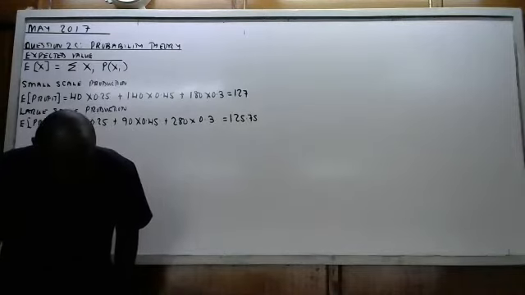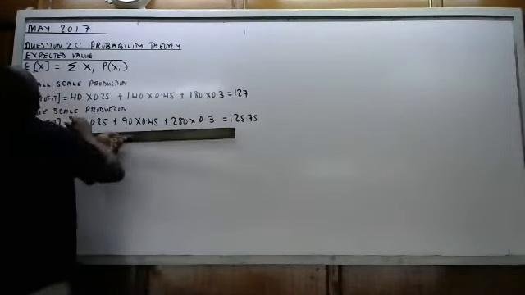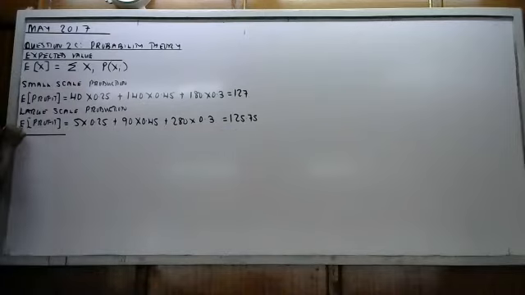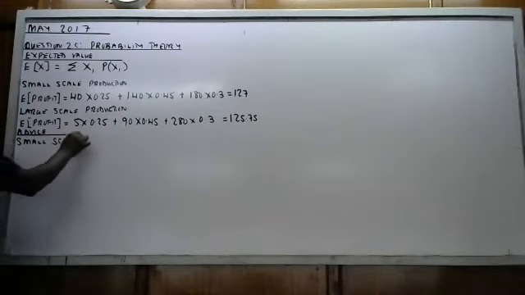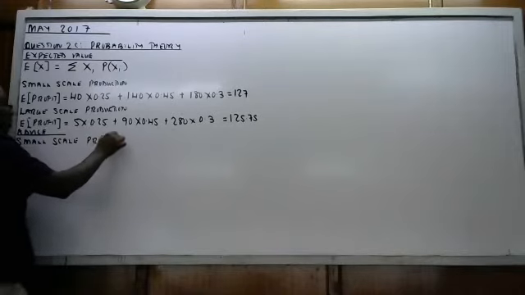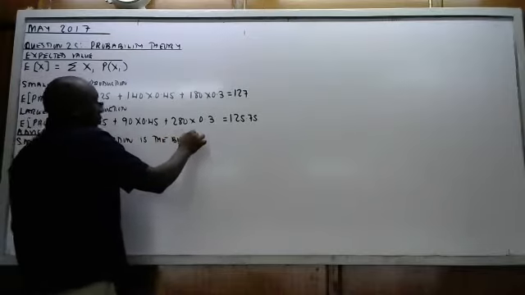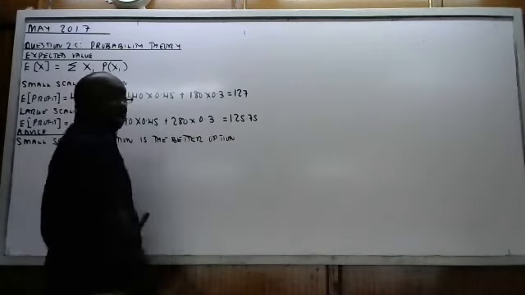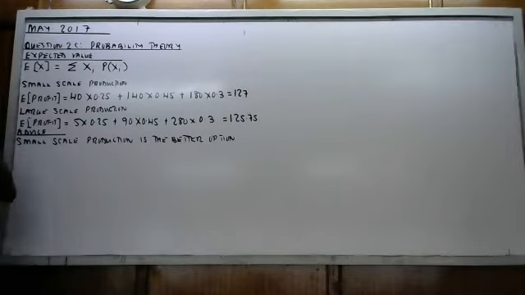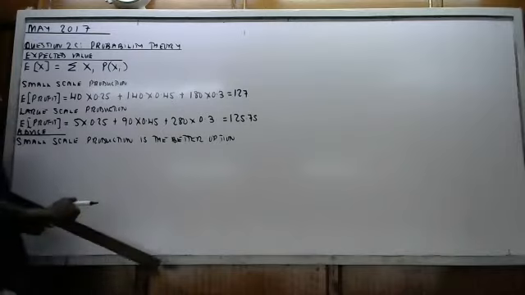So the advice is that small scale production is the best, or the better option, because you can see it has a higher expected profit. Then on the basis of minimizing risk,